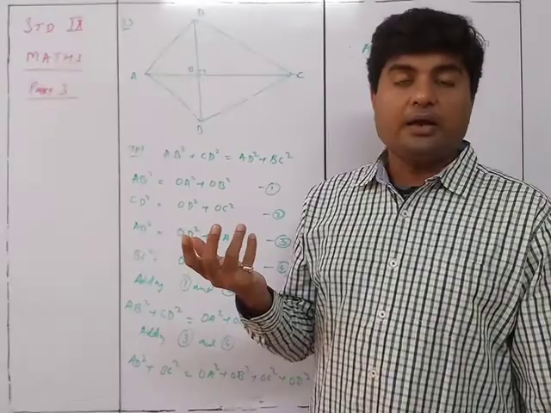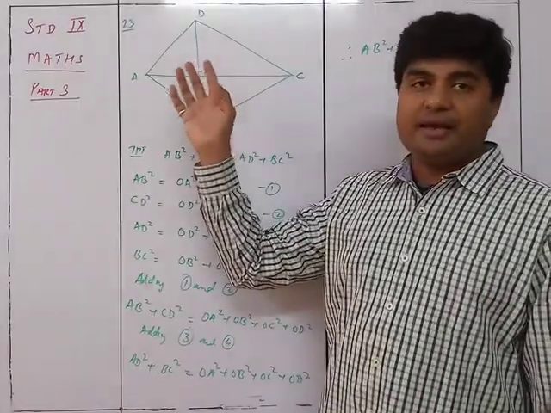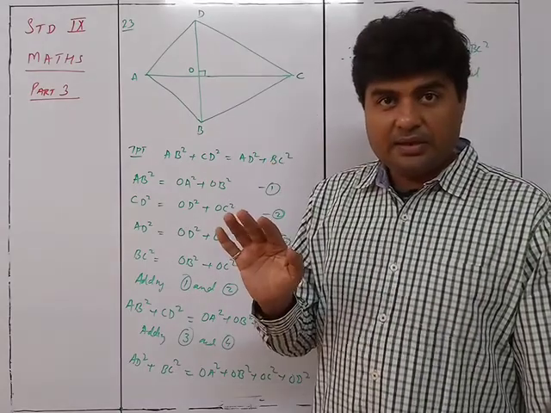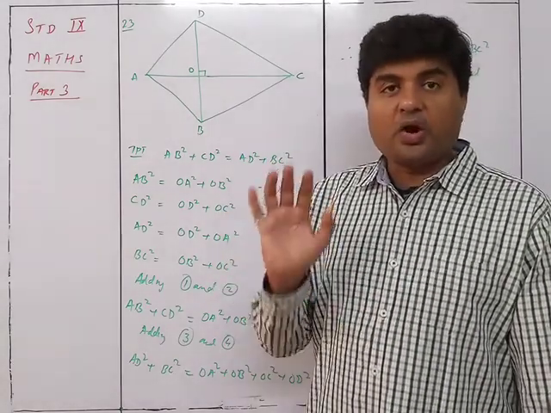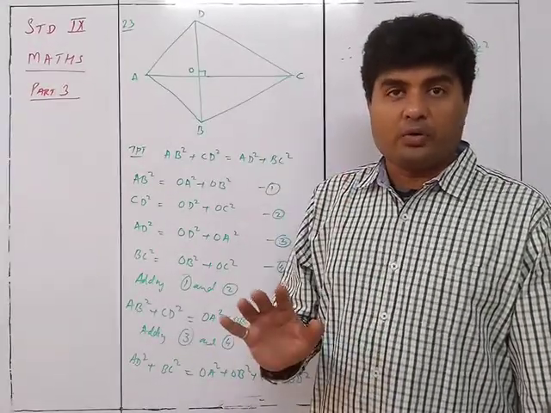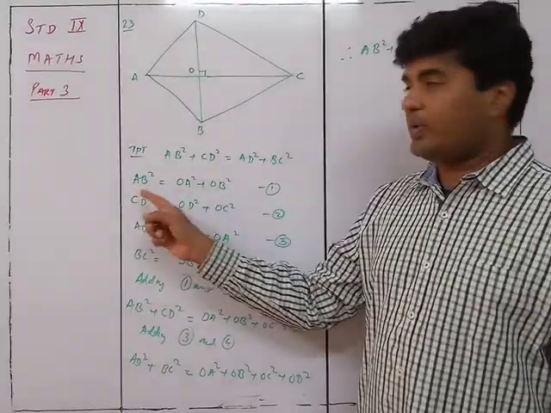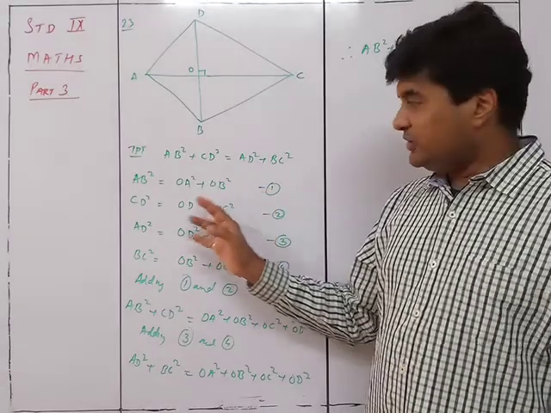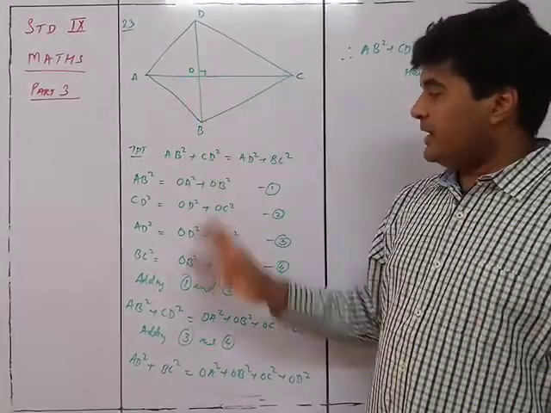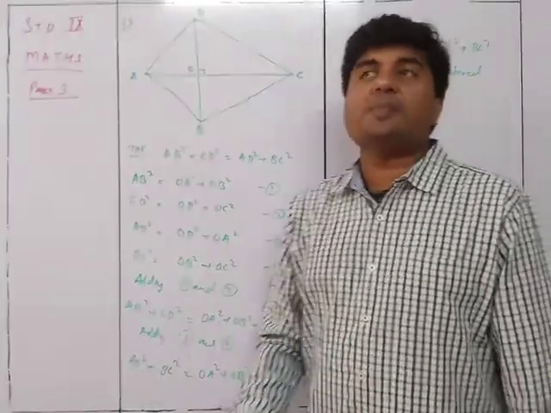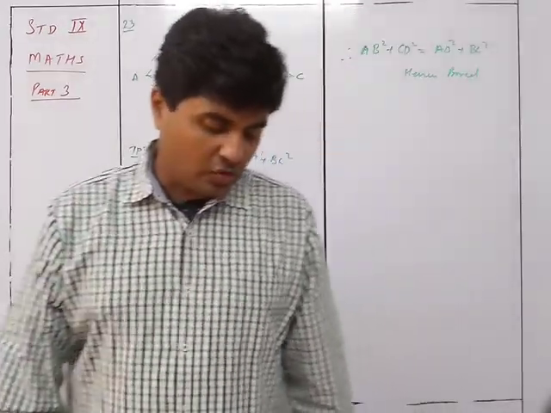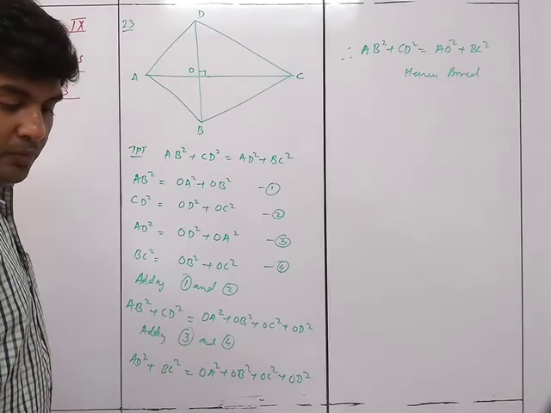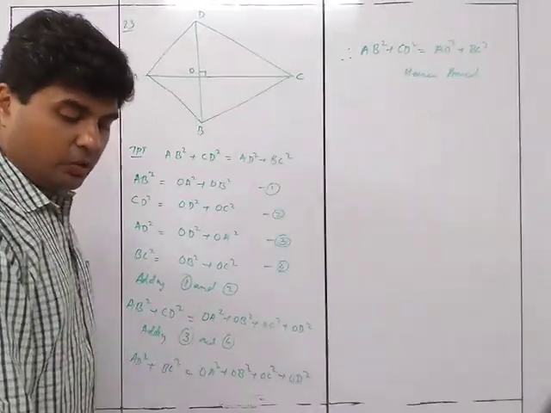You think, what to do? This is not given, this is not given. But calm down, relax, and see what is given, and accordingly what could be found out. You can see what is AB square? This plus this. Simple. Once you get this, you say okay, all four lines are obtained, and in the other one also the same four will come, so automatically you get the same thing. So accordingly, this becomes an easy sum. We now move on to sum number 25.